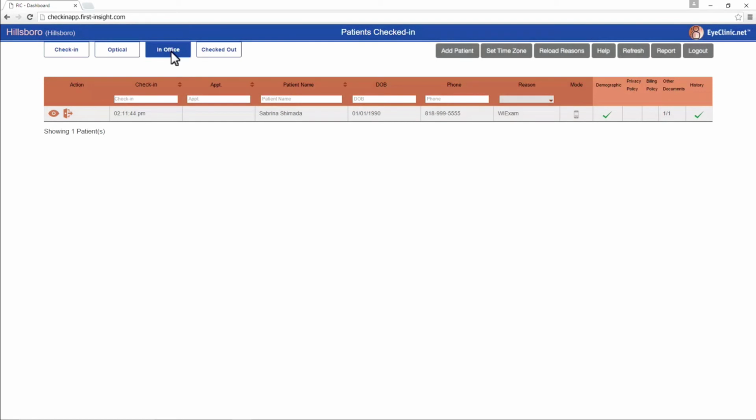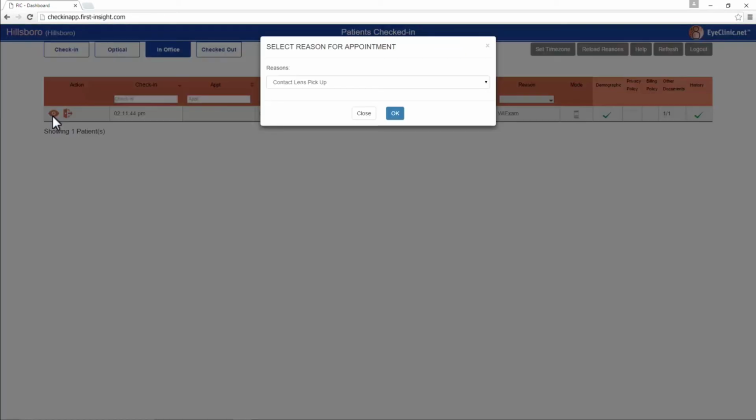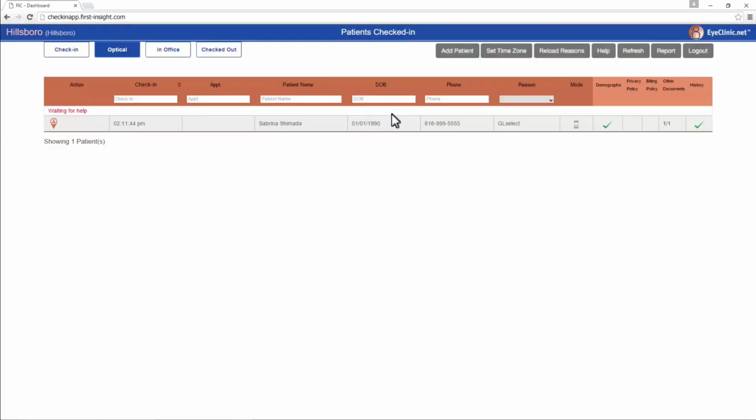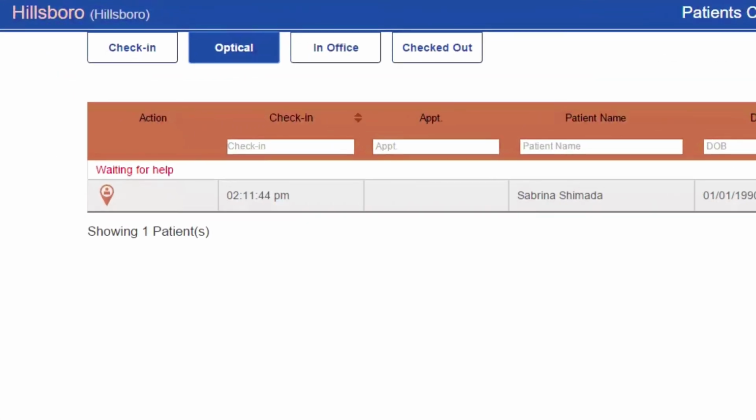Let's say they want a new pair of frames before they leave. Click on the optical icon, and because this patient wasn't scheduled for an optical appointment, you'll get prompted to select a reason. Select the appropriate one, and you'll be taken to the optical screen, where the patient is listed with an indicator that they're waiting to be assisted. When they're helped, you can click the appropriate action icon, and as the patient is being attended to,